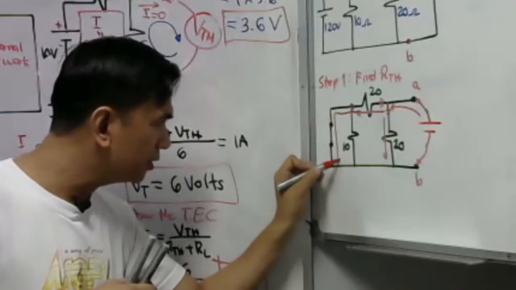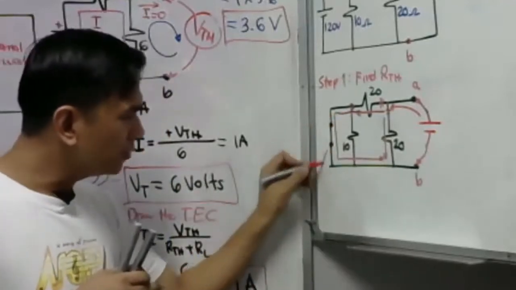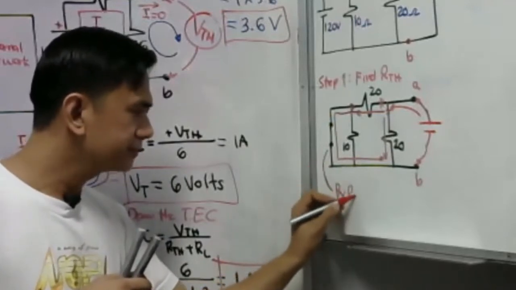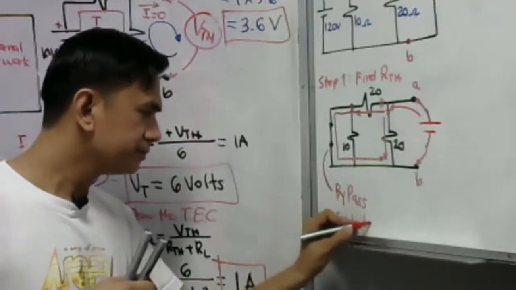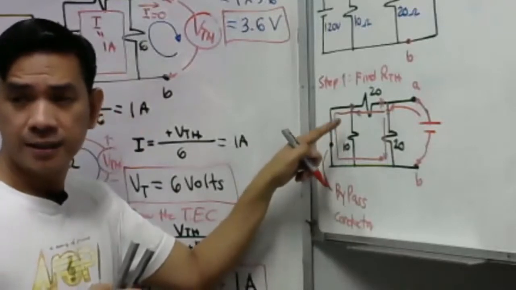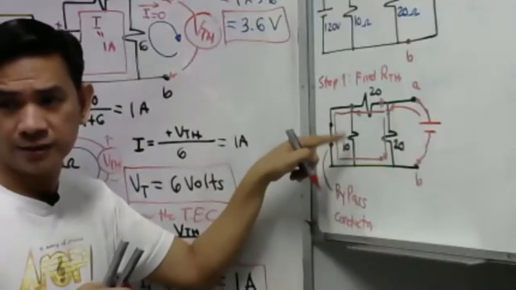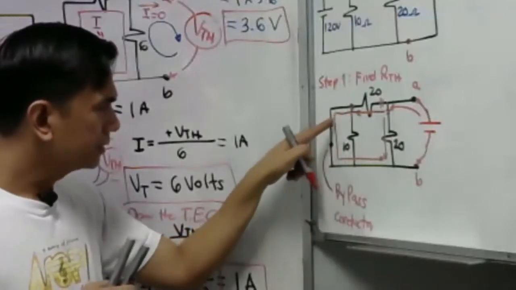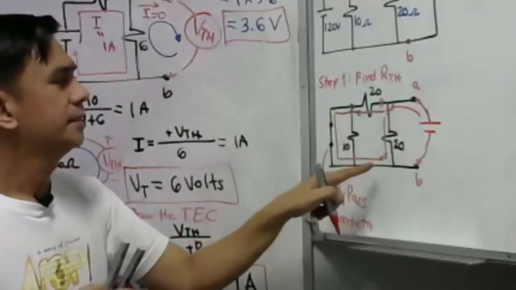Dito na dediretso yung kuryente natin. Meaning, this is considered to be a bypass conductor. Bypass. Bypass conductor. So, wala nang kuryenteng dadaloy kay 10 ohm resistor. There will be no more current that will flow to our 10 ohm resistor. Okay? The current will just flow here. Okay? That one. See? So, therefore,